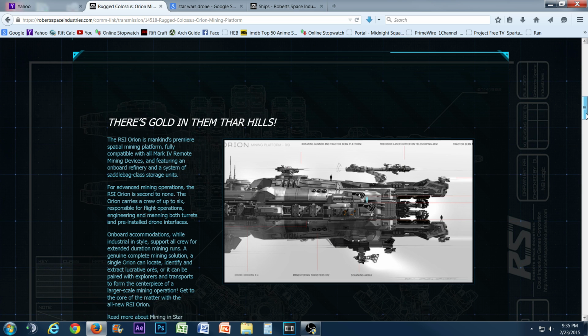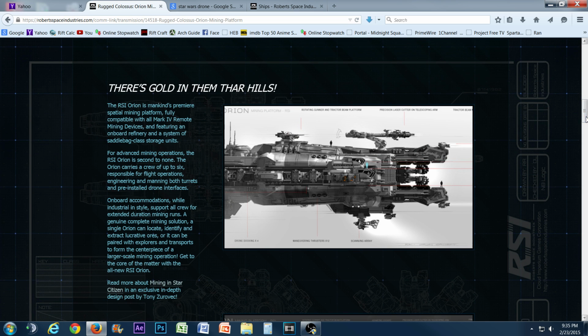I'm gonna read this whole thing for you. I don't know if y'all are gonna be able to read it, but anyway, there's gold and then there are hills. Damn right. The RSI Orion is mankind's premier spatial mining platform, fully compatible with all Mark, ooh, my Roman numerals are kind of foobar right now, remote mining devices and featuring an onboard refinery and a system of saddlebag class storage units. For advanced mining operations, the RSI Orion is second to none. The Orion carries a crew of up to 6 responsible for flight operations, engineering, and manning both turrets and pre-installed